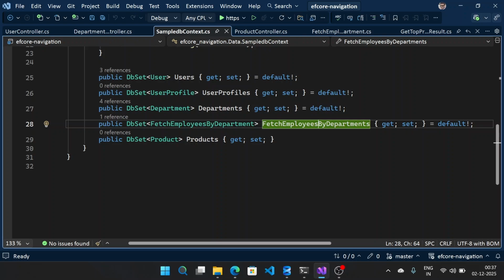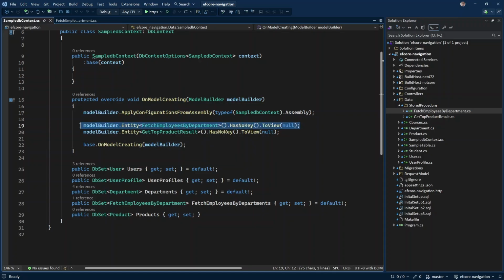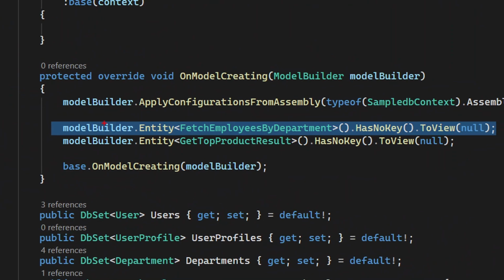It's not mandatory to give the SP name over here. You can give whatever name you want as a class name. And this line is very important to understand. Let me zoom it for you guys so that we can discuss this. This line says that I am defining an entity with the name of my class file name, and it